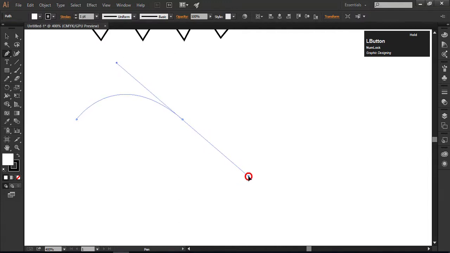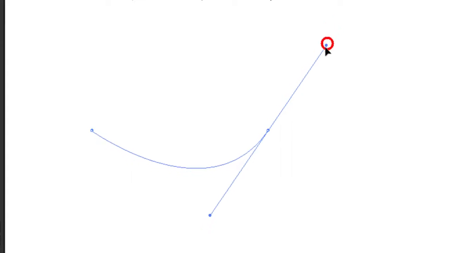While dragging the mouse to the bottom, you can see the curve is on the top. And if you drag the mouse to the top, your curve will go to the bottom. So basically your mouse and curves work opposite. Another thing you have to understand is that there are two handles. As I decrease the length of the handle, you have noticed that the depth of the curve is decreased. Even it turns into a flat line. So the depth of the curve depends on the length of the handle.